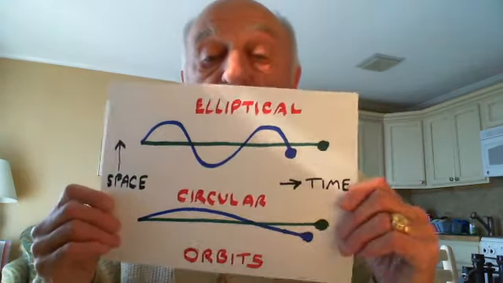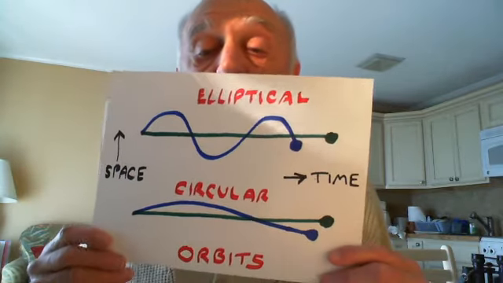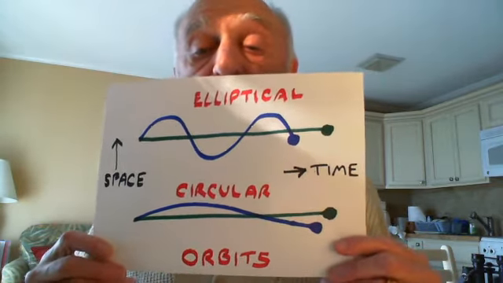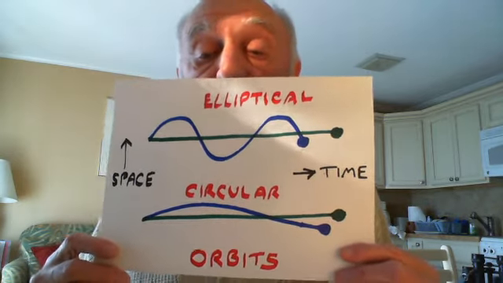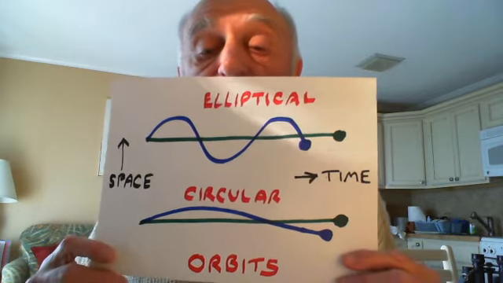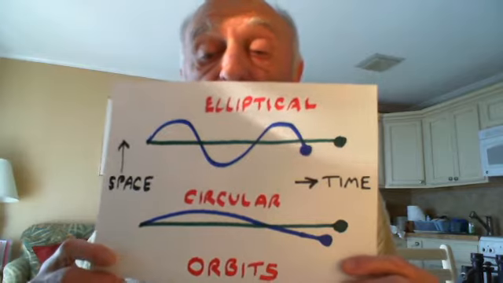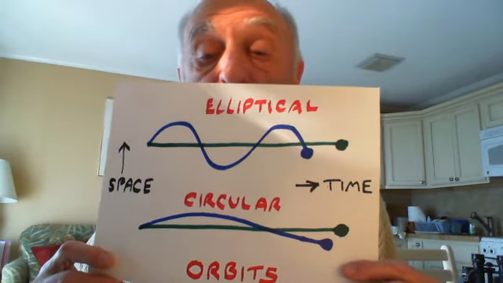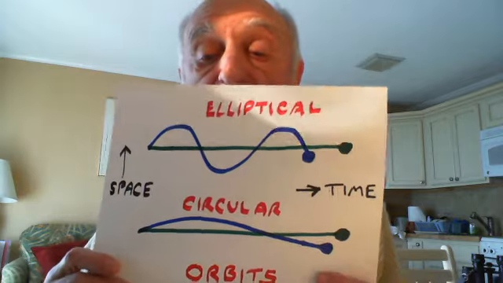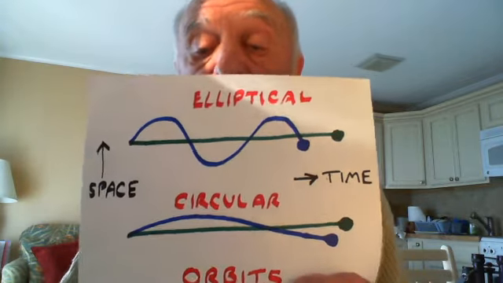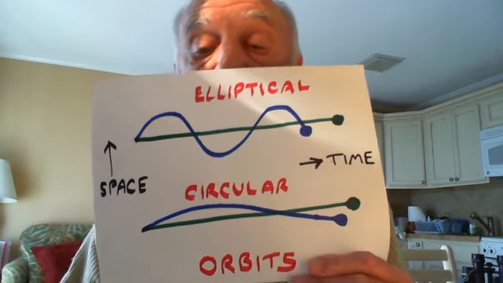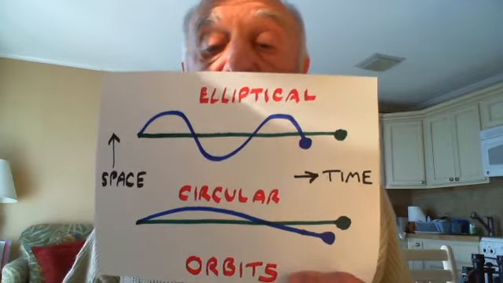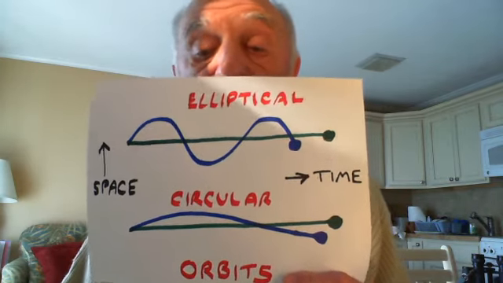Let me show you this first diagram, which shows you the elliptical orbit as being of greater radius, twice the radius of the final circular orbit, and the period was much shorter, about 5 days, giving you a higher frequency than the circular orbit, which had a period of about 27.3 days. Now, you can see that when you place this against the time dimension of the Earth, which we're considering as not moving,